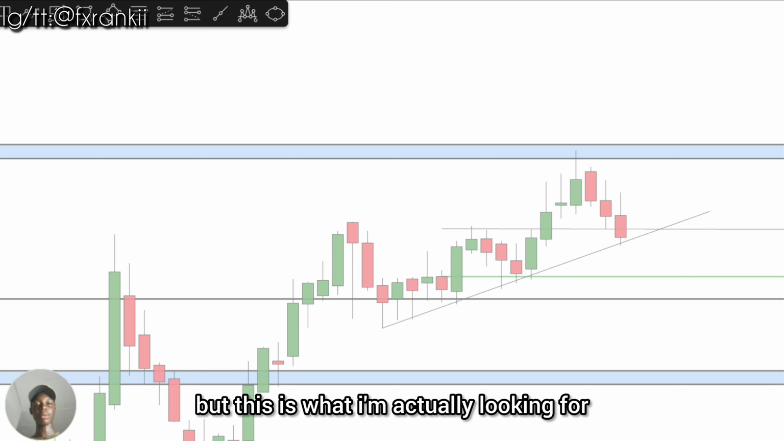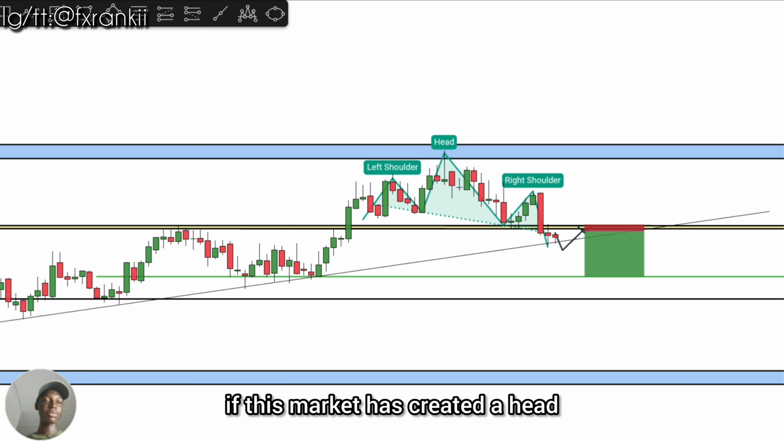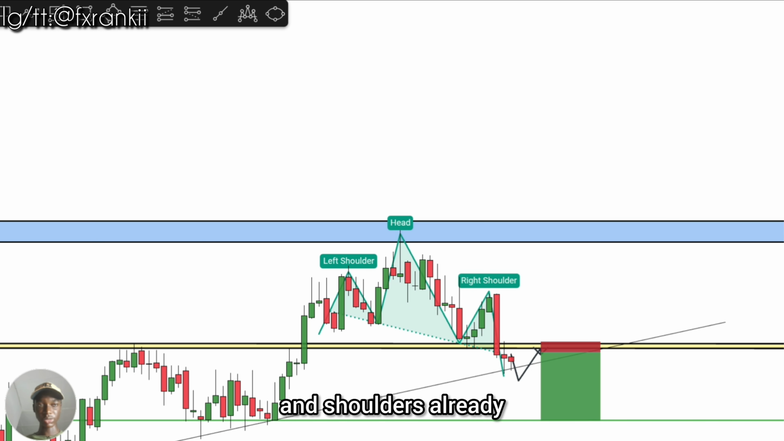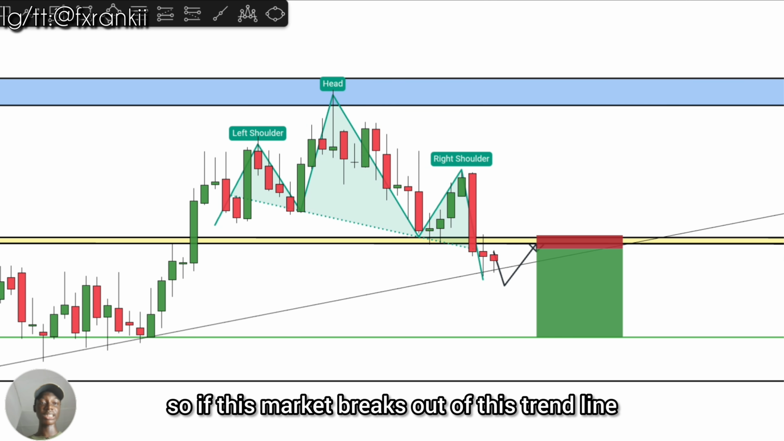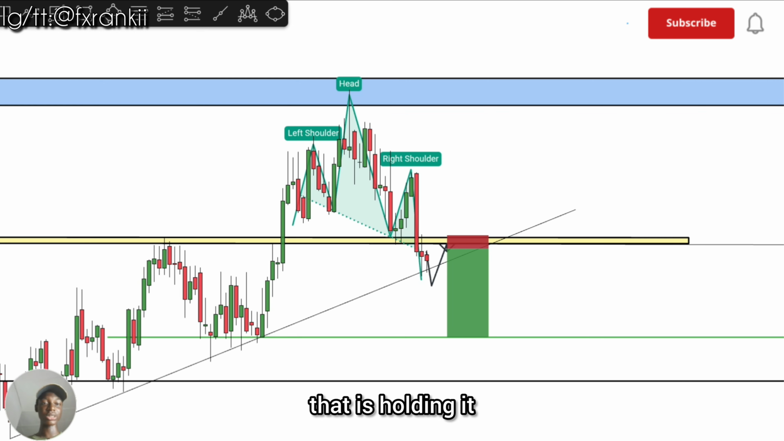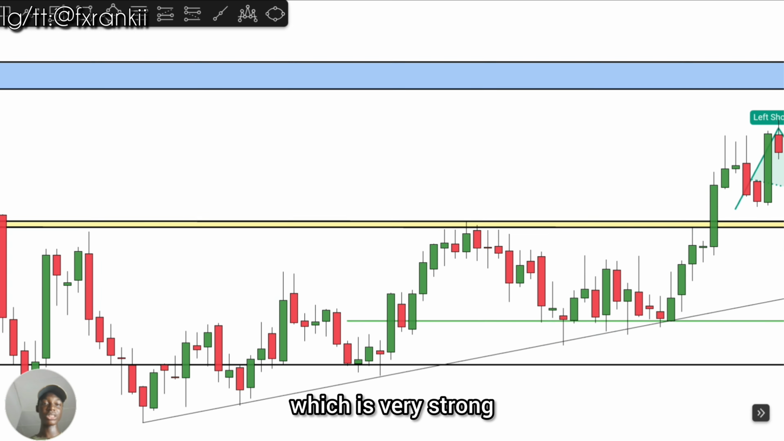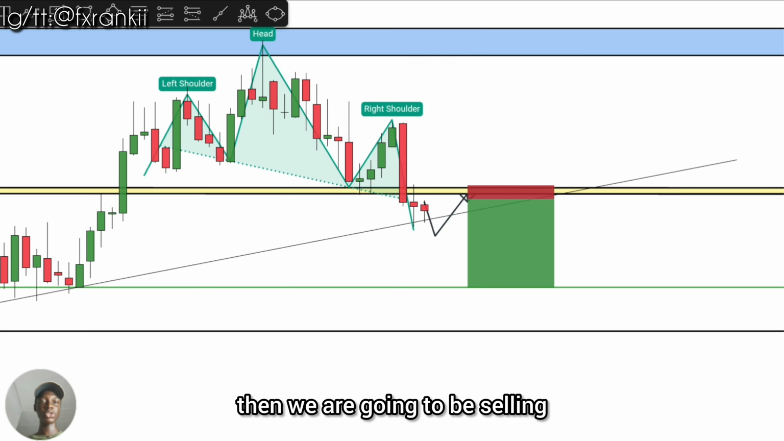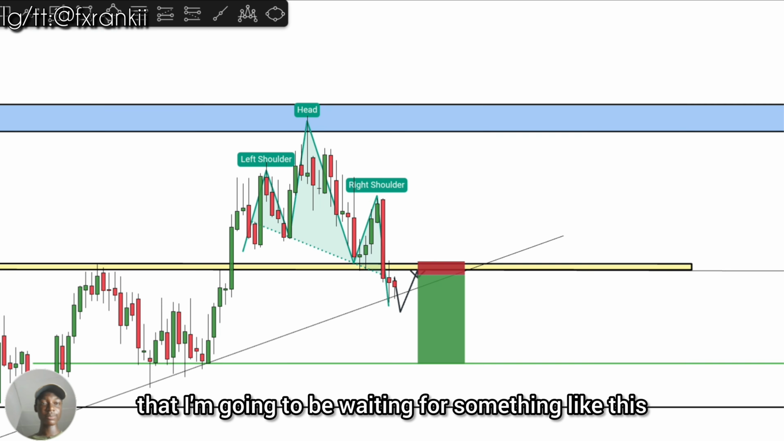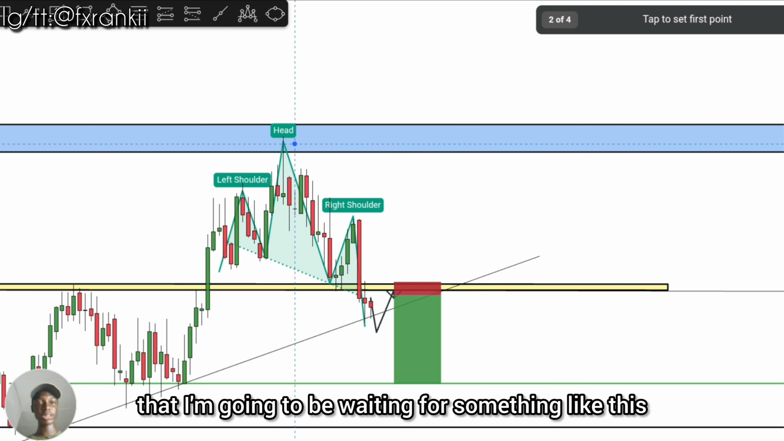But this is what I'm actually looking for. If this market has created the head and shoulders already, so if this market breaks out of this trend line that is holding it, makes a retracement back into this level here, which is very strong, then we are going to be selling. But if we don't see that, I'm going to be waiting for something like this,